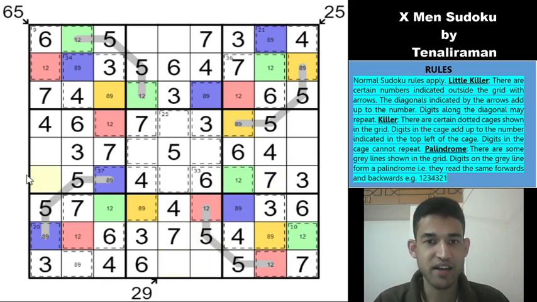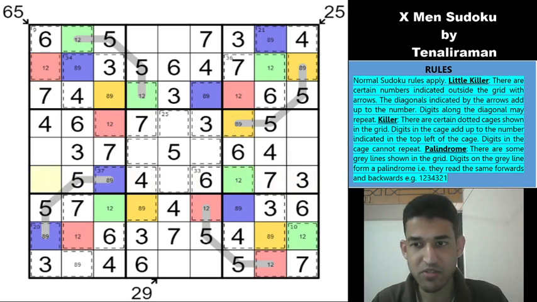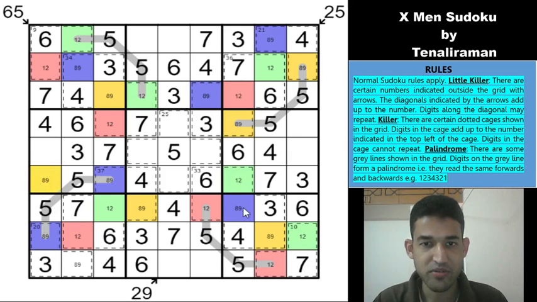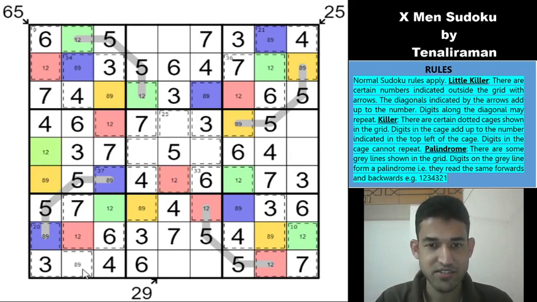Wow, look at this cell, guys. This cell cannot be 4, 5, 6, 3 or 7. It also cannot be 1 and 2 because it's seeing both the red cell and the green cell, which means this would have to be 8 and 9, and it becomes the opposite of blue, which means this is yellow, and that becomes 1 and 2 for the row, which means this is red. This becomes 1 and 2 now, and that becomes a green. So this is yellow.